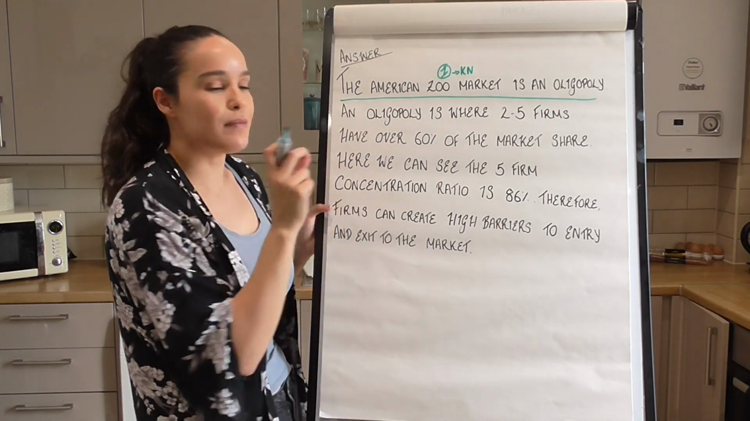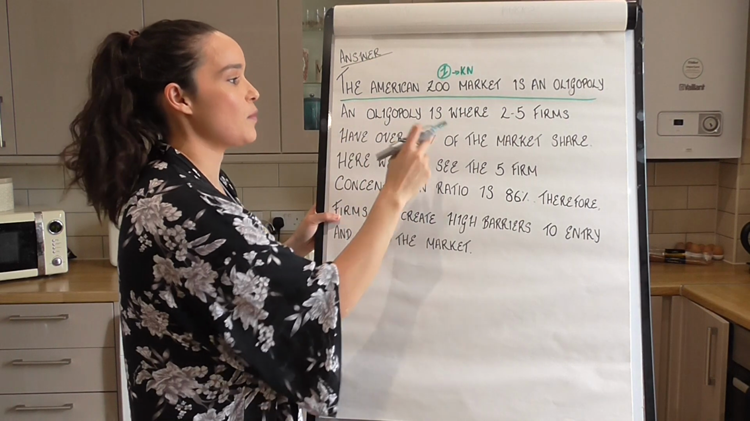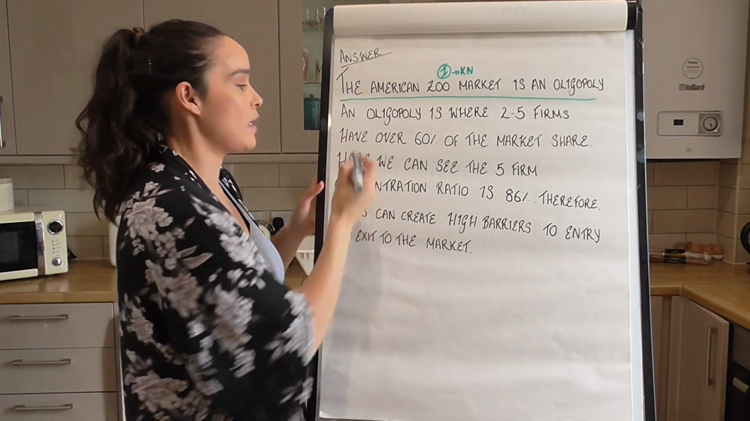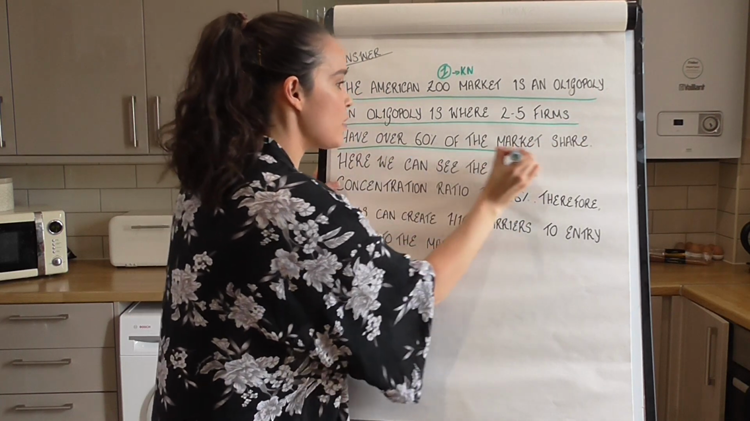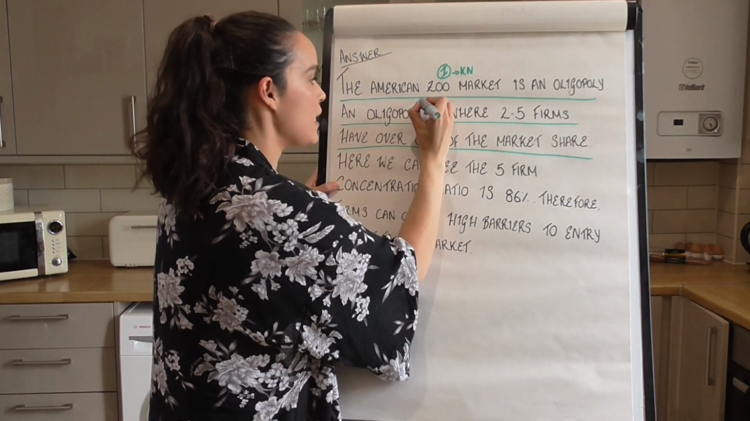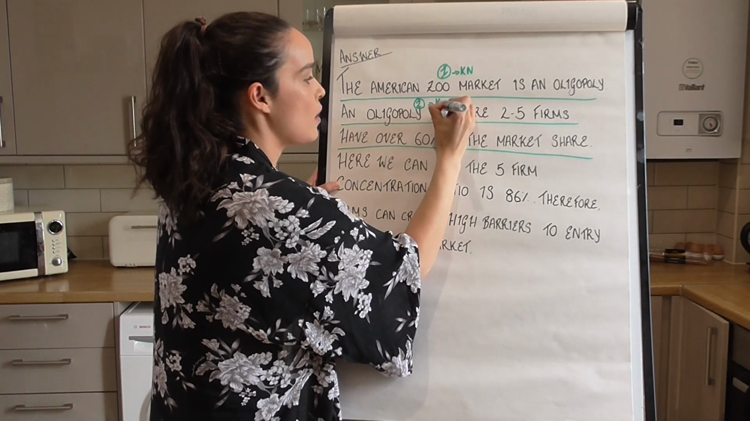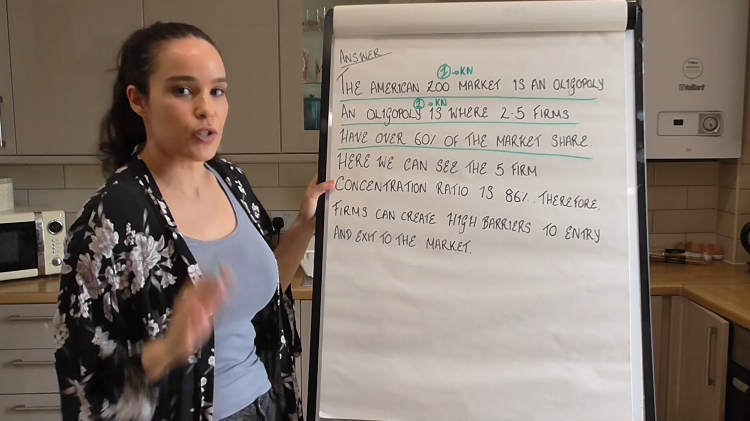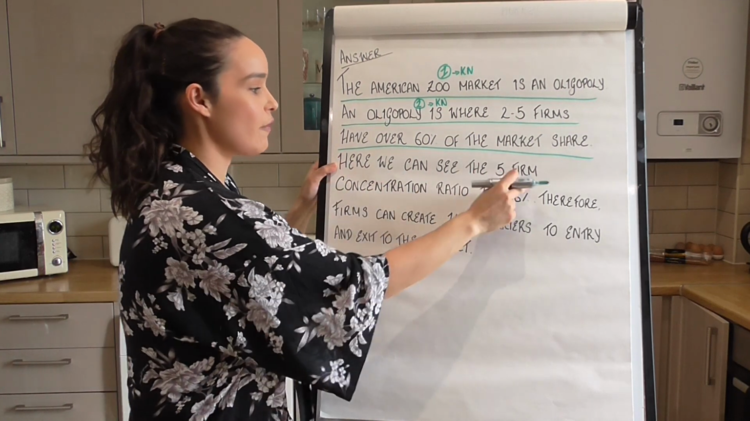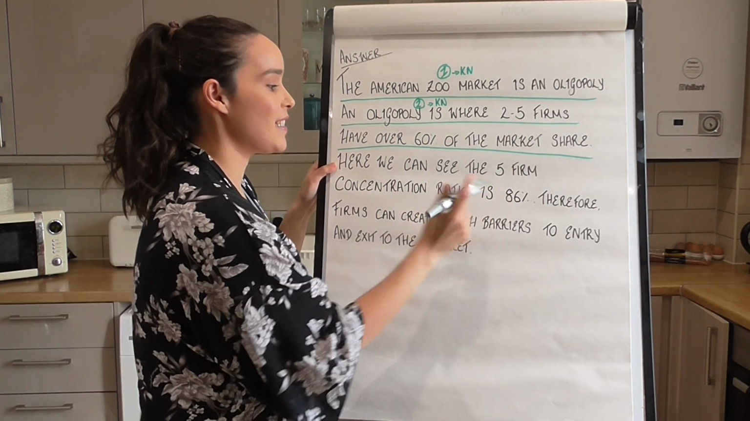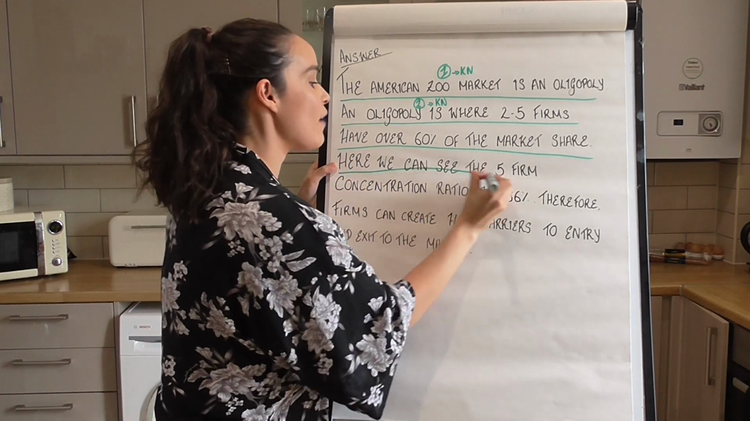So then you're telling me the definition. So an oligopoly is where 2 to 5 firms have over 60% of the market share. Wonderful. That's my second mark, and equally that's my second knowledge mark. So I've got 2 knowledge marks there. So here we can see the 5 firm concentration ratio is 86%, right? I have combined